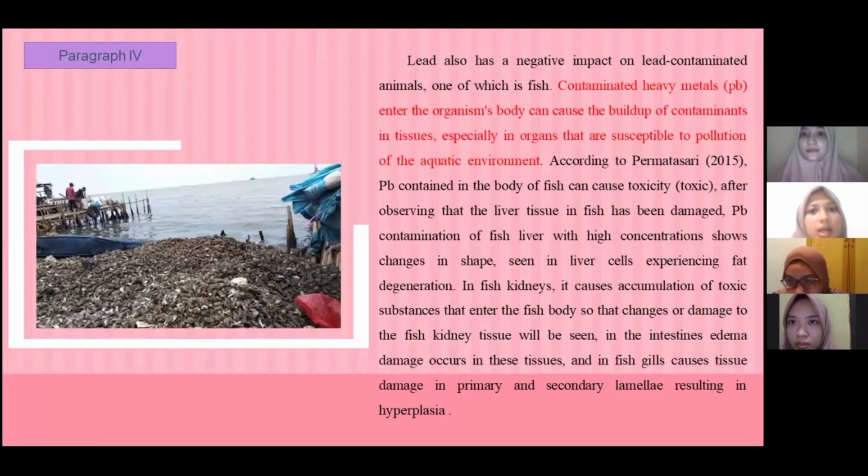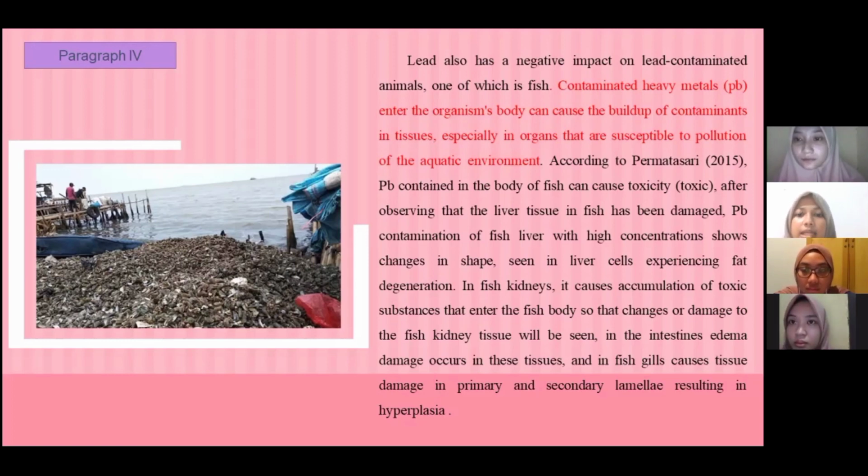Paragraph 4. Lead also has a negative impact on animals contaminated by lead, one of which is fish. The topic sentence in this paragraph is contamination by heavy metals entering the organism's body can cause the buildup of contaminants in tissue, especially in organs that are susceptible to pollution in the aquatic environment. According to Permatasari, lead content in the body of fish can be toxic. After observing that the liver tissue of fish has been damaged, lead contamination of fish liver with high concentration shows